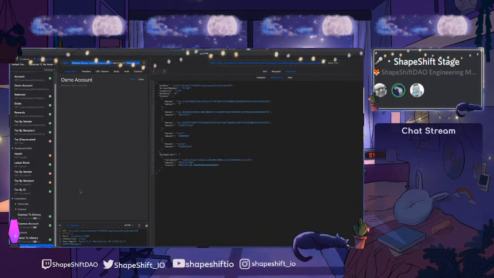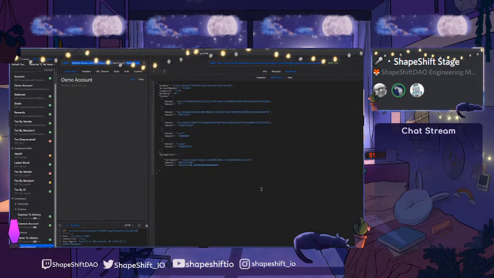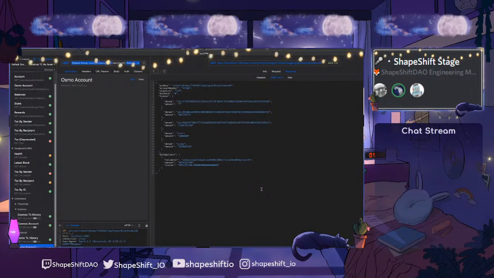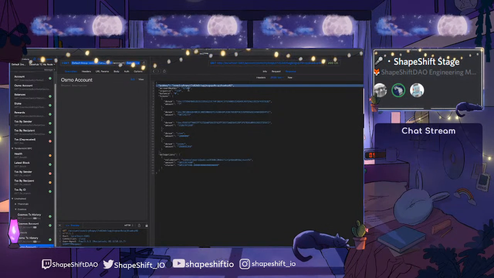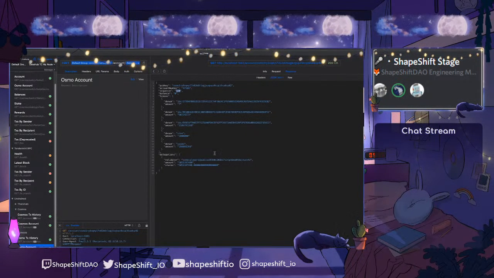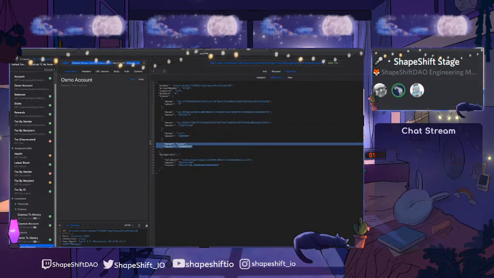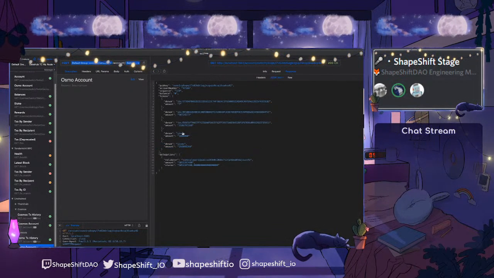So, Osmosis account, same exact code running on the back end. It's just talking to an Osmosis node rather than a Cosmos node. And I've passed in an Osmosis address, same type of information, account number, sequence. And then, like I mentioned, we get more than just uosmo here in the collection of tokens. We've also got uion, which is another. So the